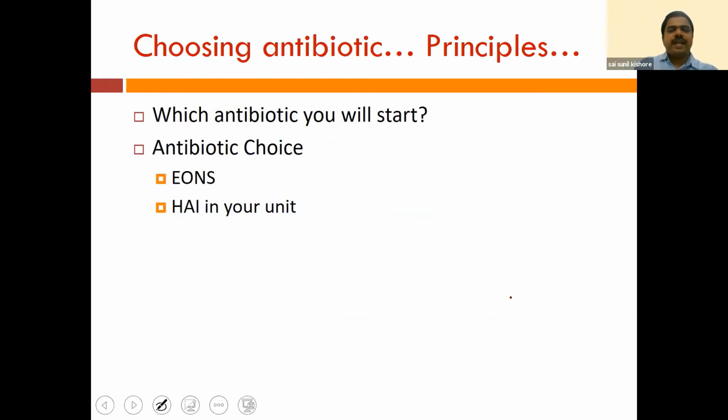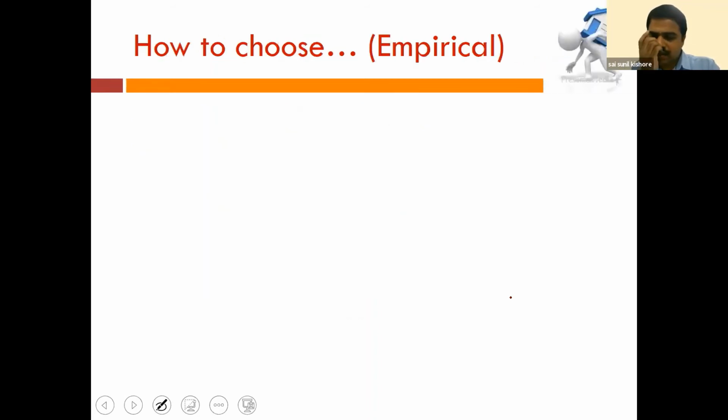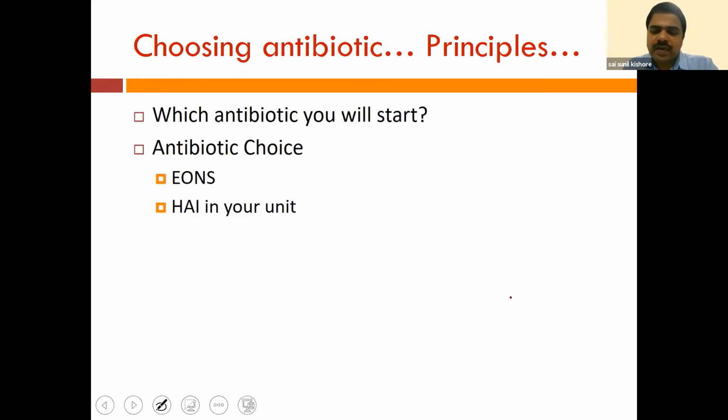So now coming to which antibiotic to start. If it is occurring in the first 72 hours, early onset sepsis, or late onset sepsis, or if it occurs in the hospital, like healthcare associated infections. What are the antibiotics we need to use? Here I would like to suggest one more thing. Don't call it hospital acquired infection or nosocomial infection. The terminology has changed. It is healthcare associated infection, because as healthcare professionals, we don't want to give infection to the babies, isn't it? So it is not hospital acquired, it is healthcare associated infection.